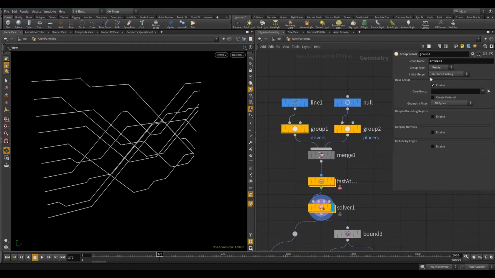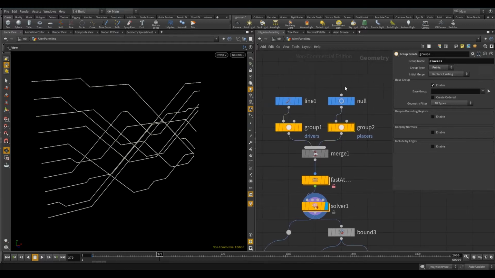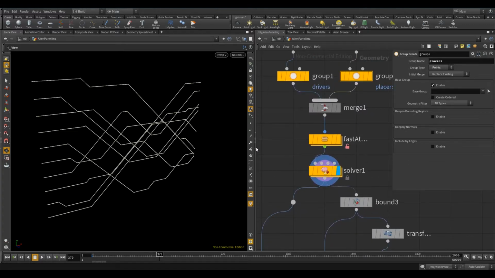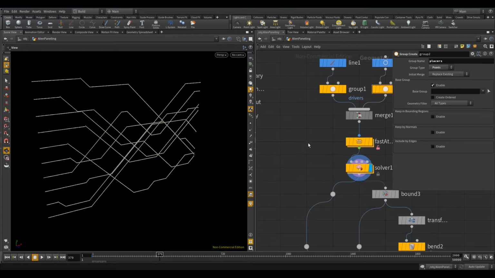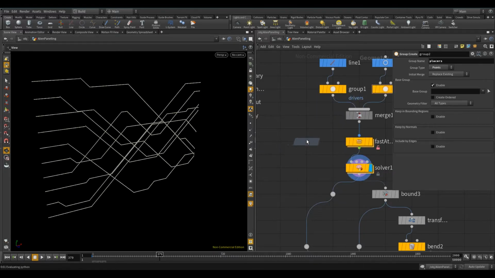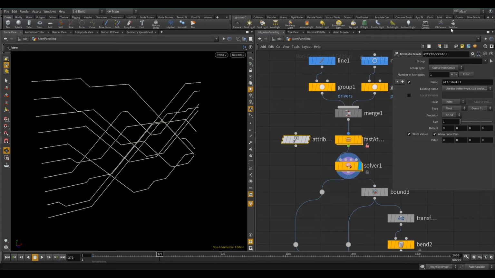So if I click here, I'm just sending it to a points group, and this one here, I've got a placer point group, and then I merge them together. Right, so the next one is I want to create a set of attributes for my points, like seed, what lane they're currently traveling, what direction they're going to be traveling next, like which lane they're going to be switching to. Before I had an attribute create node here, but as you can see, it was a bit annoying that